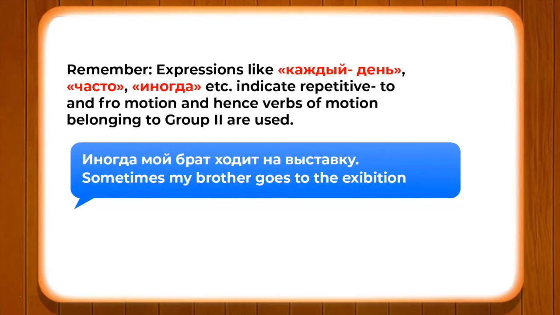And we have seen two examples: иногда мой брат ходит на выставку and каждый день он ездит в центр. If you pay attention to the ending of the noun, выставка changes into выставку. Why? There is a particular rule of grammar in Russian that any noun of the feminine gender ending with а changes into у, and if it ends with я, it will change into ю. You will learn about it further in the dedicated modules. However, till now I would like to request you to prepare yourself in advance for understanding such concepts.